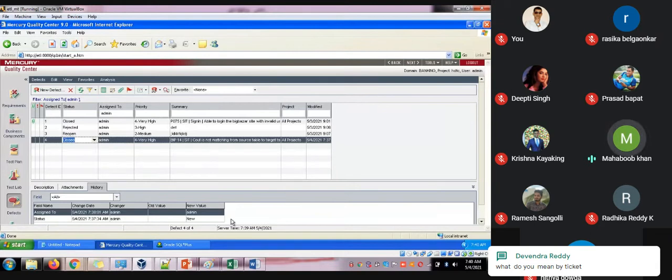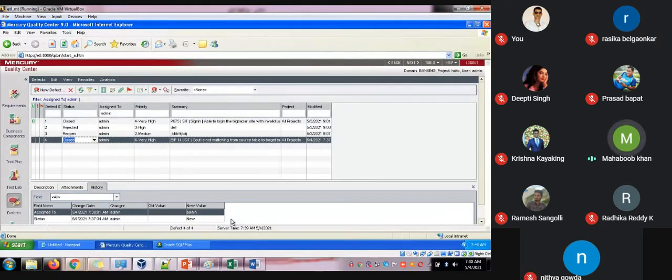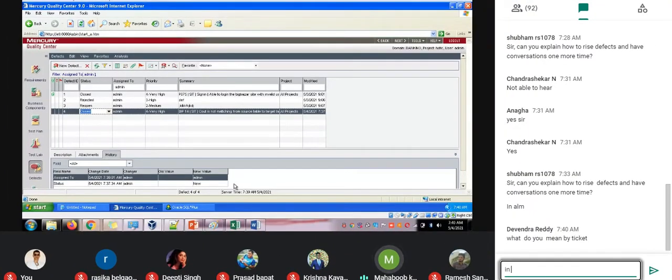Ticket. Okay, what is a ticket? Right now we are talking about the defect, tester thing. The developer will say that this is a bug. Ticket, any support guy.